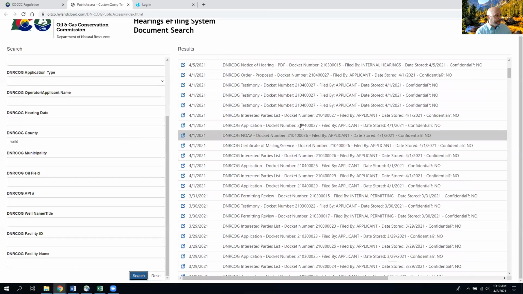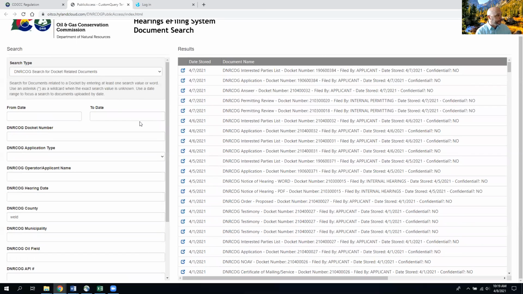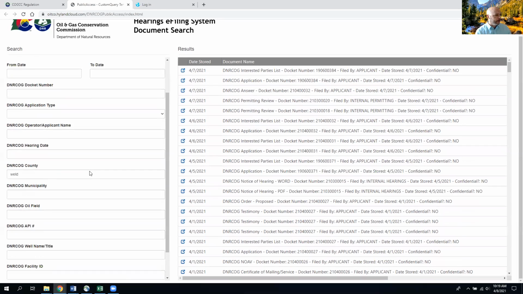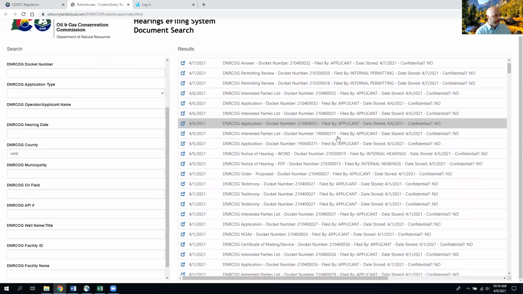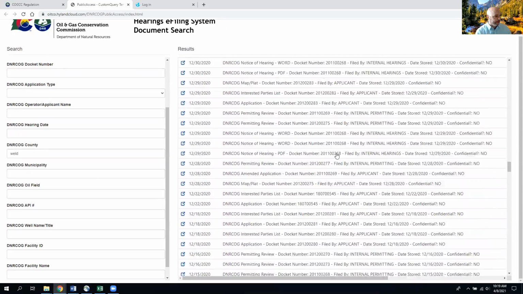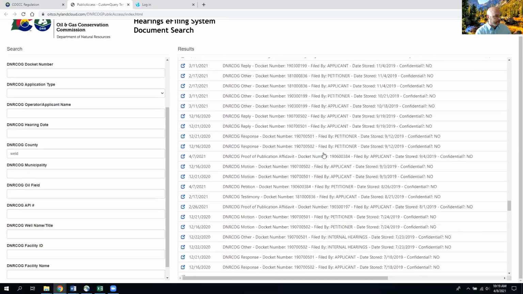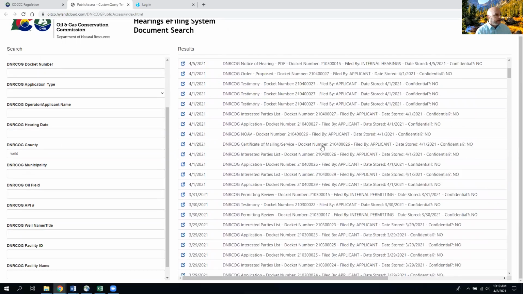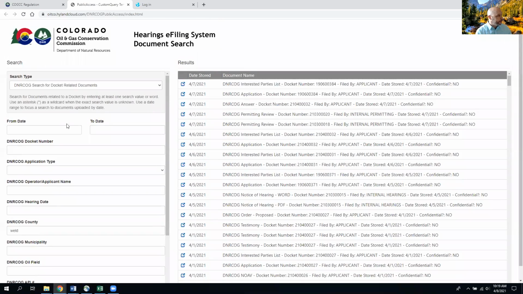Here is without any sort of other search parameter on this. You have no date range, you have no docket number. All you know is you want to look at what's going on in Weld County. You can come down here and look through every single thing that's been filed. And I know I'm scrolling really quickly because there's a lot there, and it'll obviously continue to grow. But let's say that you know it's Weld County, and